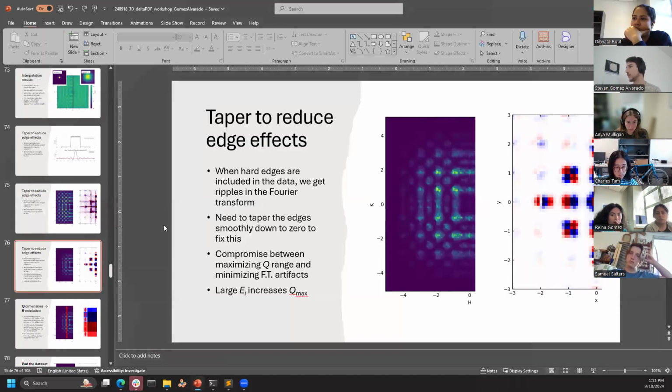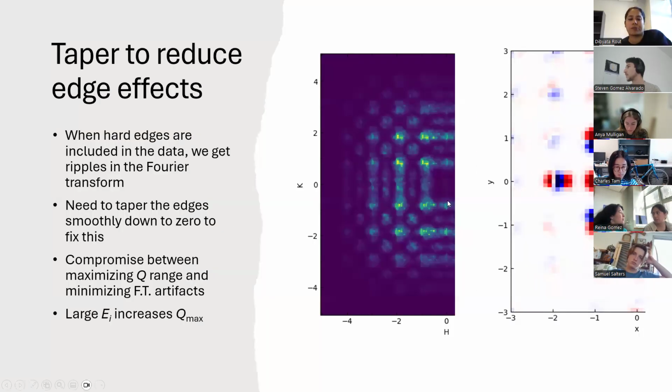So the next consideration: we already have a good data set, right? If I Fourier transform this data set, I get this thing on the right. I'm skipping ahead a little bit, but this would be good enough for interpretation. However, it's a little pixelated for my taste, right? So usually when people publish on DeltaPDF, if they have a really nice data set, they increase the resolution arbitrarily. So we can actually do that